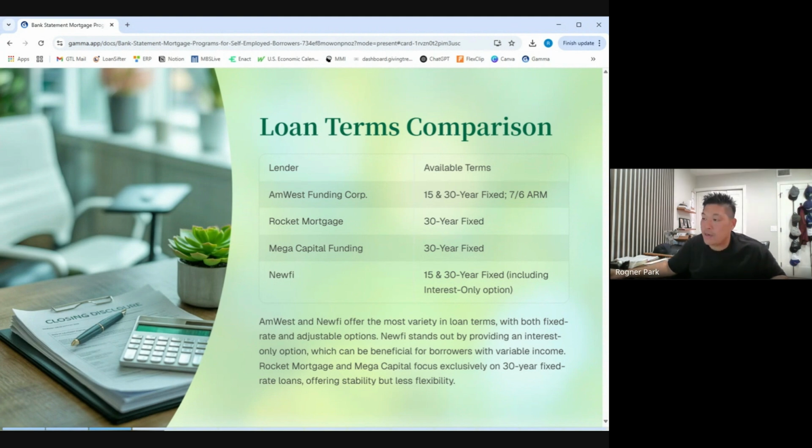Another thing we'll see later down in the slides is that with Rocket, their minimum expense ratio is 20%. You cannot get lower than 20%. I have a deal that's 10% right now, and I was just curious, so I actually called Rocket, Jeff, and he said, sorry, we don't go to 15 or 10. Okay, others do. You'll realize that some lenders offer different product terms than others, and that's why it's really important for you guys to look into who you want to go with.